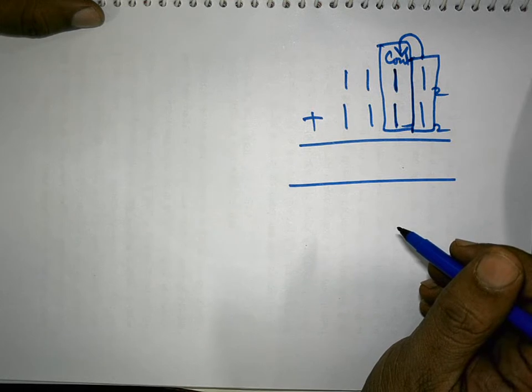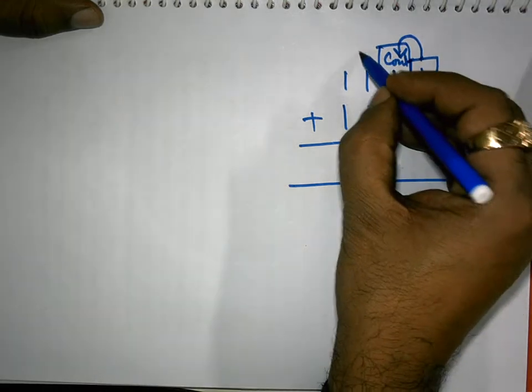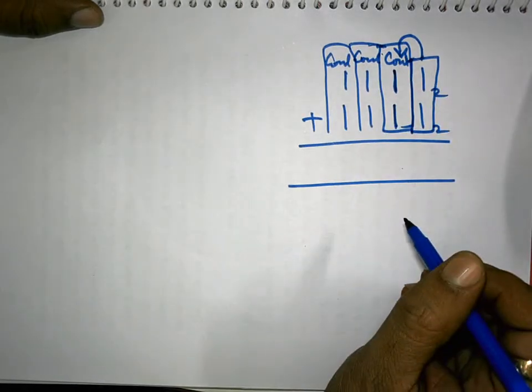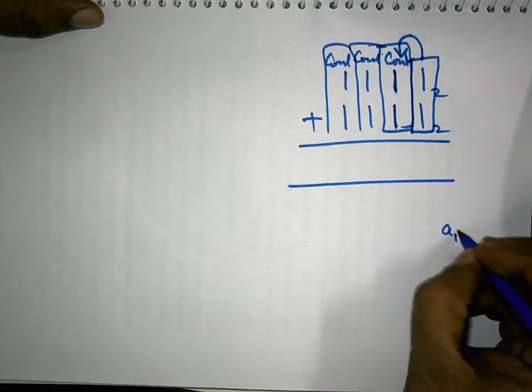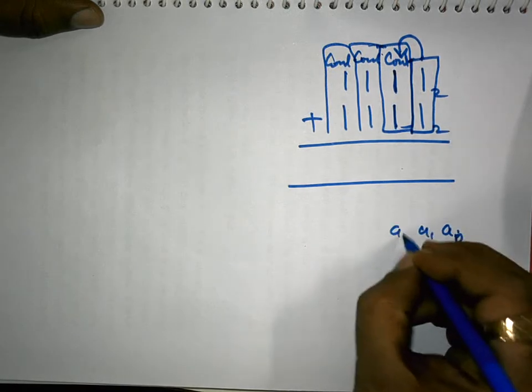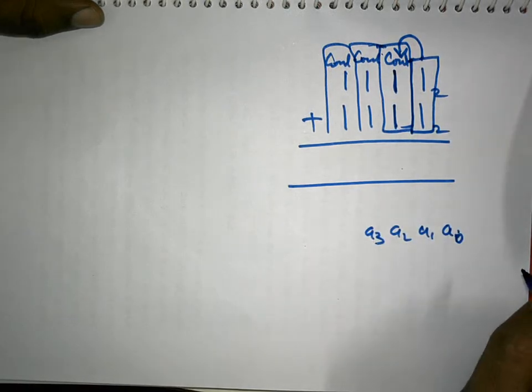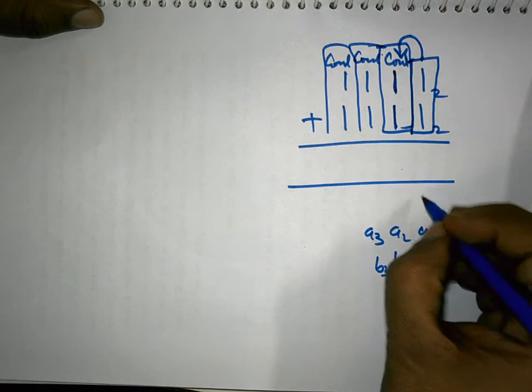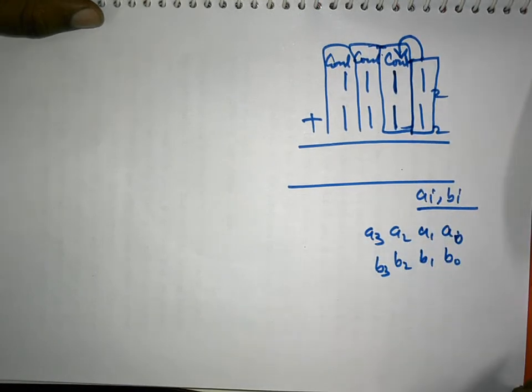That's why it is called full adder. And half adder does not have any provision to add carry. That's why it is called half adder. And then further you need a full adder at this point also and a full adder at this point also. So in general I say that A0, A1, A2, A3 is one binary nibble in which you have to add B0, B1, B2 and B3, where these AI and BI are the bit positions. If you have to perform this kind of addition,